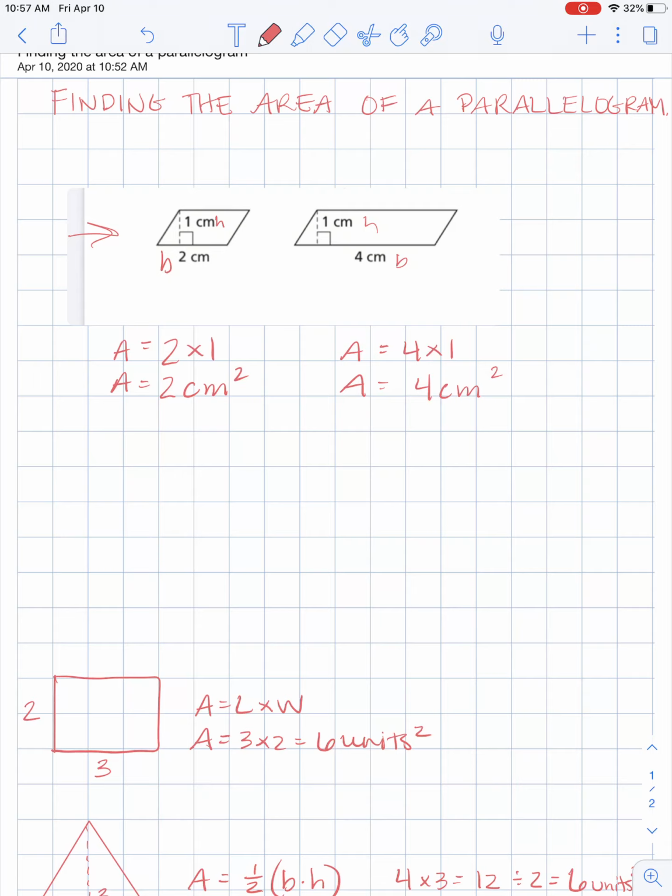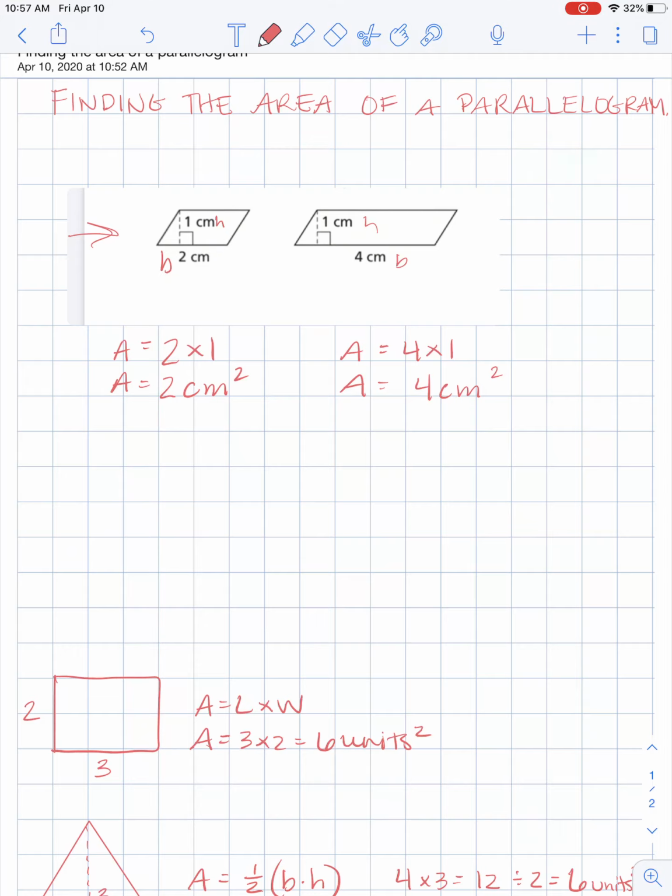Still, our perimeter is the distance around the shape. In this case, because it does not tell us this length right here, we can't find the perimeter because I don't believe that this is to scale. If this were to scale, if we measured this right here and it were 4 centimeters, then we could use a ruler and measure this part, and we could add up all the sides and find our perimeter. But in this case, we do not have enough information,